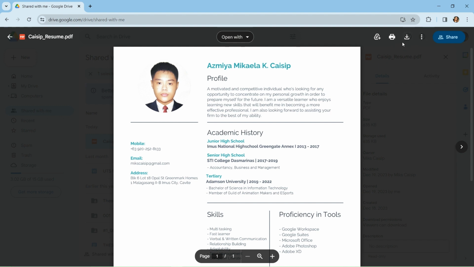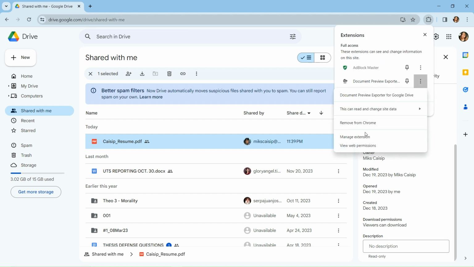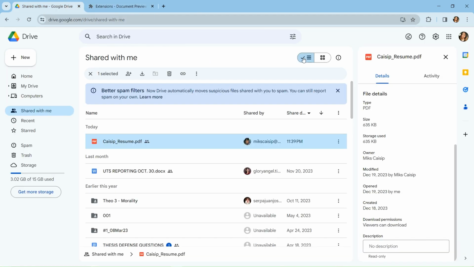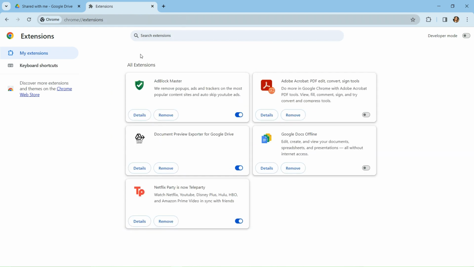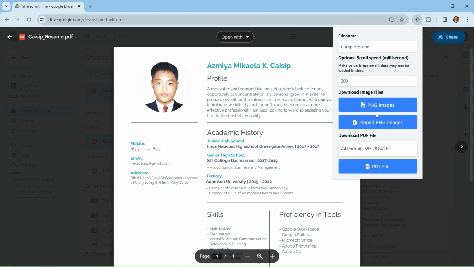And if you do not have this download button, you can download this extension in the Google Chrome. This extension, you can see it in the Google Chrome extensions. You can use it to download the view only files that has no download button like this one. Just click the extension for that and then you can download this as a PDF file,